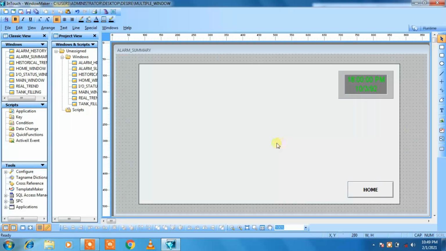This is our alarm summary window, so let me give the name. So go to the text and give the name as the alarm summary. Here I am going to see the alarm summary for my tank filling program. Let us increase the font size so that it will be visible properly to us. Let us arrange it properly.